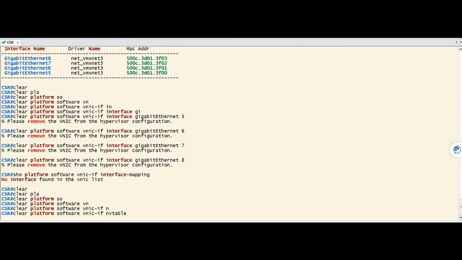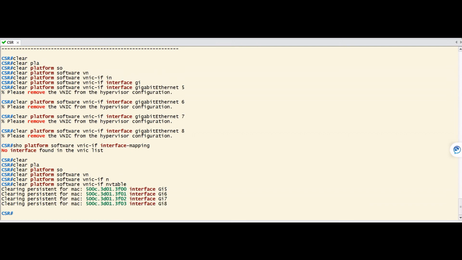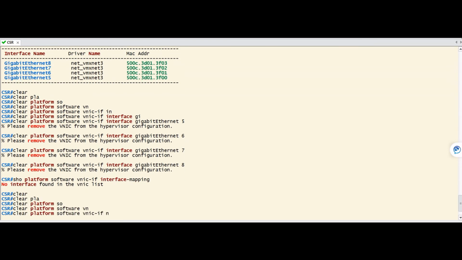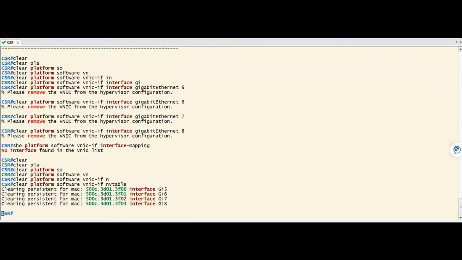So as step 3, we run the command clear platform software vnic-if nv table. Let's hit enter and wait for a few seconds. You can see it clears the MAC address table and interface IDs which are in the NV table.